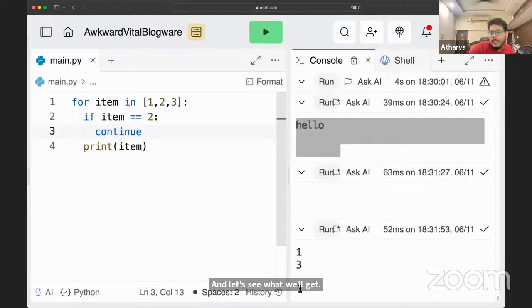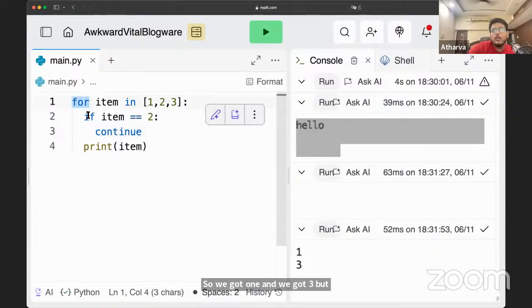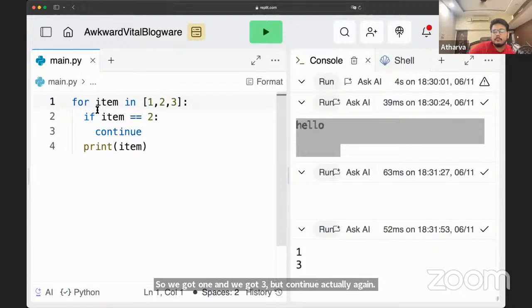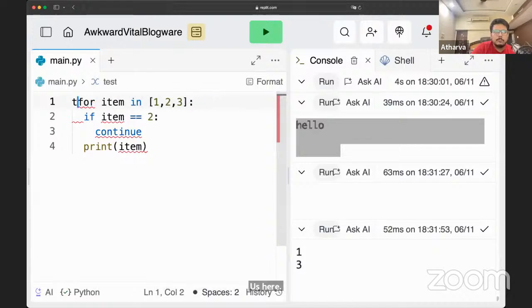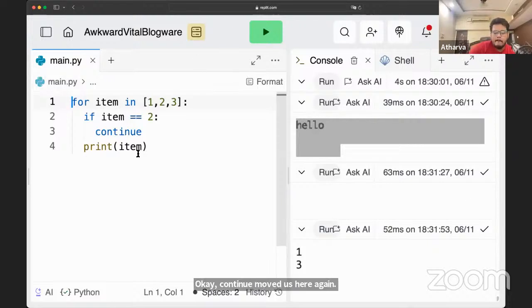So we got 1 and we got 3, but continue moved us here again.